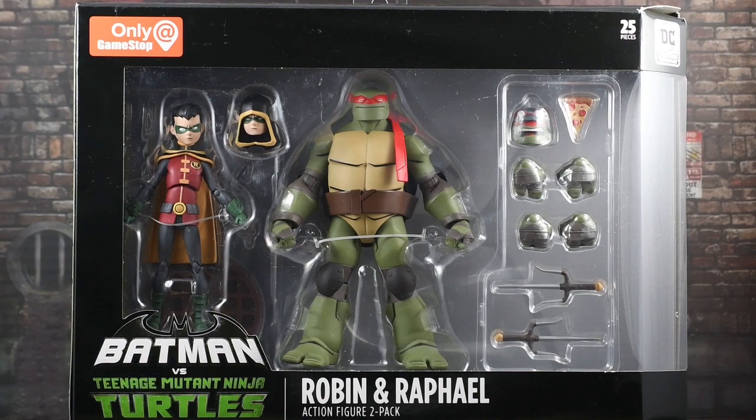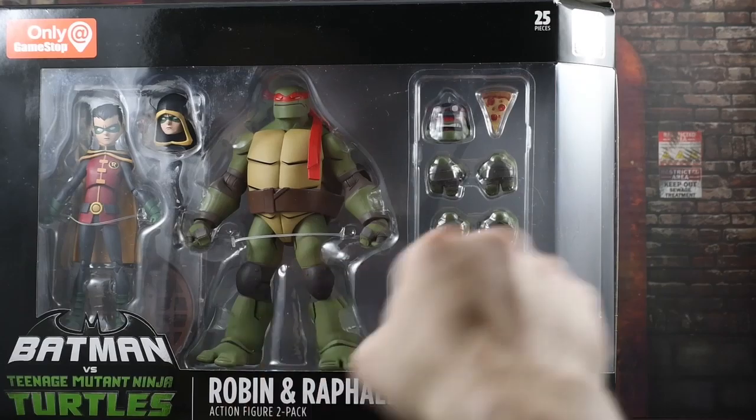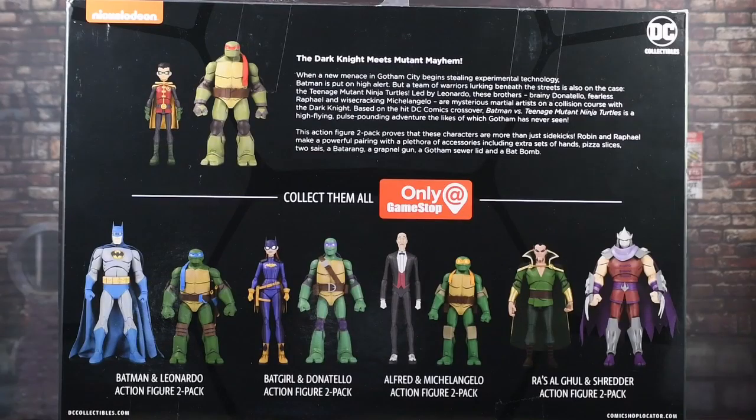These are exclusive to GameStop. Got the Batman vs. TMNT logo. It says Robin and Raphael 2-pack. Got the figures clearly displayed in that window. It does say 25 pieces. You got a DC logo here. Alright, and then over to the back of the box, you do get the Nickelodeon DC logos on there, and